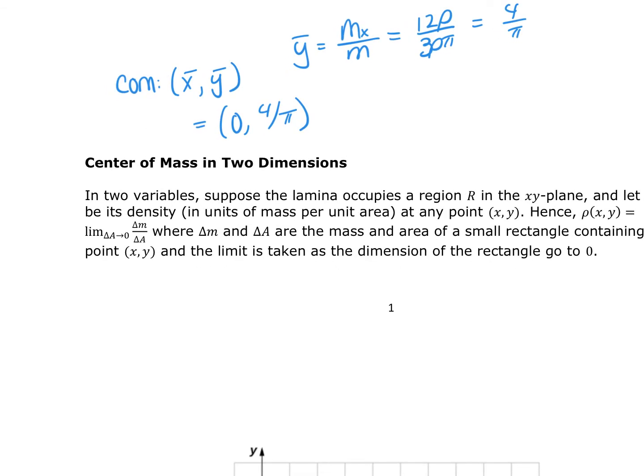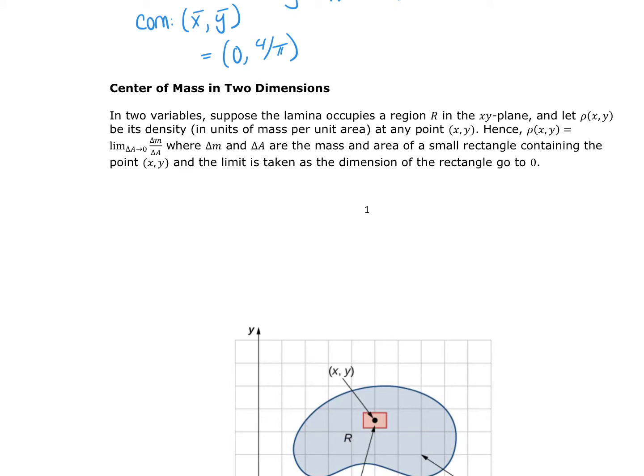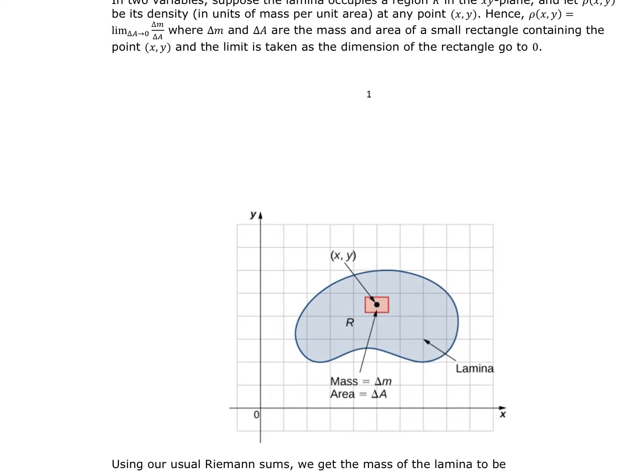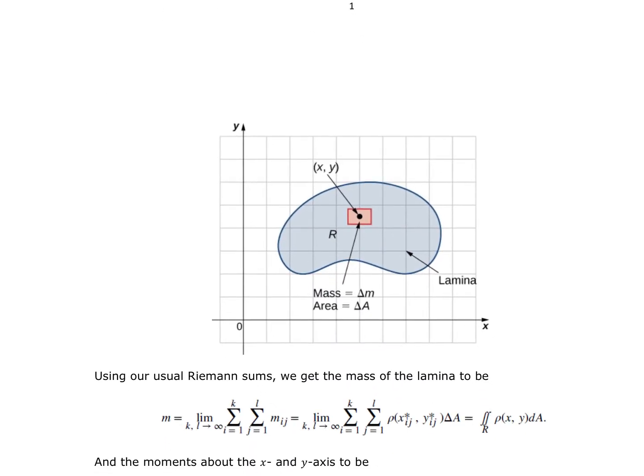Now let's take this to the next step. Suppose we have this region where I have my density, which is going to be a function of x and y. So now we don't make the assumption that our density is constant throughout the shape. So that's going to change things a little bit. And we're going to be looking at this lamina shape, and we don't know what it looks like, but we do know that mass is going to be equal to the integration. And the way that we're going to approach this is by taking our lamina and chopping it up in little bitty pieces and doing Riemann sums,